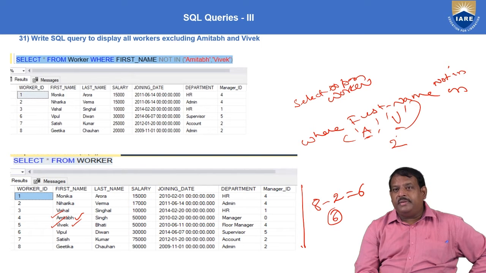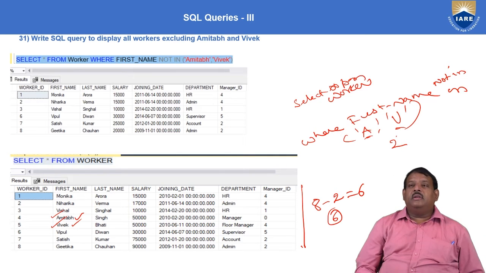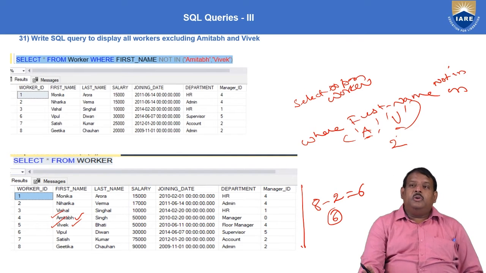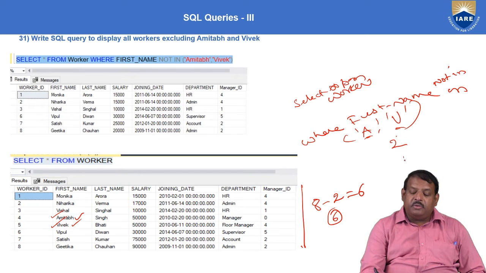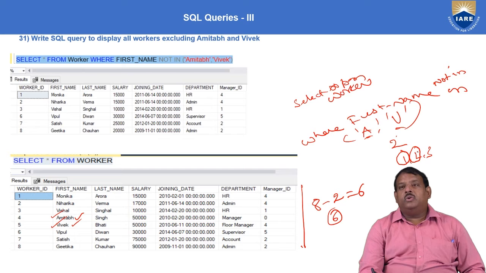The not in operator is the exact opposite of the in operator. With the in operator, you can search for multiple values, whereas the is equal to operator searches for a single value. Suppose you write in 1, 2, 3: if the value is equal to 1, it satisfies and gives records; if 2 satisfies, it gives records; if 3 satisfies, it also gives records.